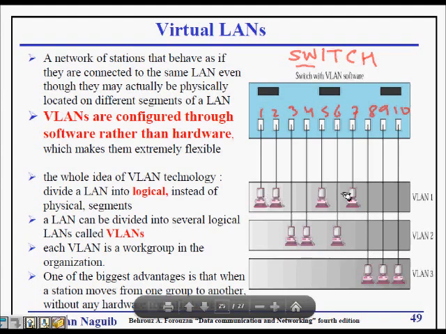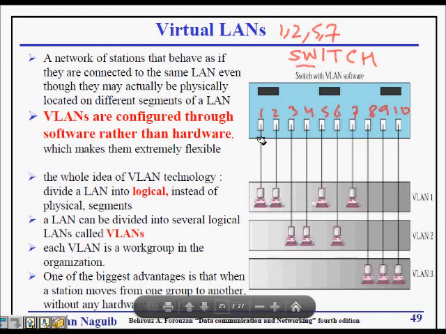So even though these computers are different, let's say the computers connected to port 1, port 2, port 5 and port 7 are in the same broadcast domain. So if computer 1 sends a message, it will be received by 2, 5 and 7. So 1, 2, 5 and 7 are in the same broadcast domain, and hence they are on the same LAN, but it's a virtual LAN.